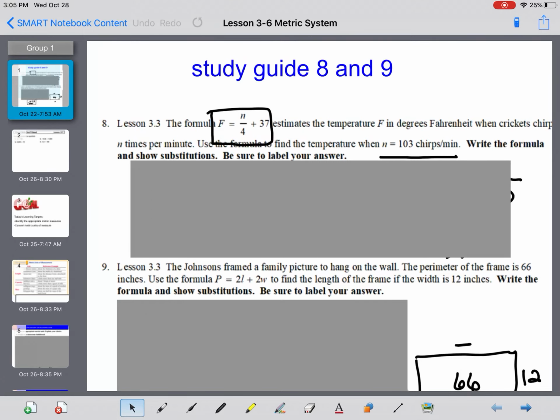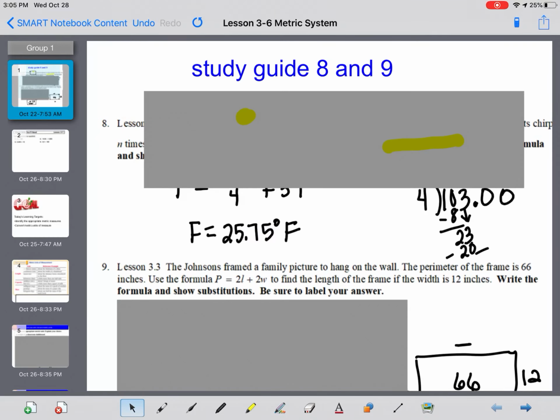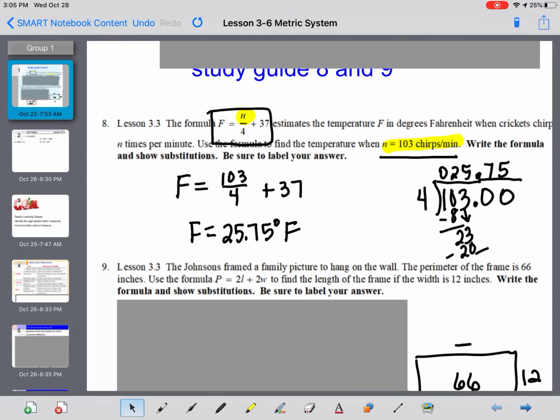For the first one, this is a review of what we did yesterday. You will see that the bird chirped 103 chirps per minute. That is the n value. So you substitute n, or 103, in for n and solve. When you solve using the order of operations, you should have gotten 25 and 75 hundredths degrees